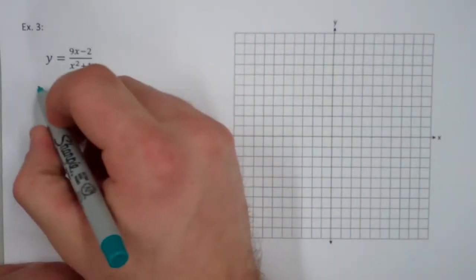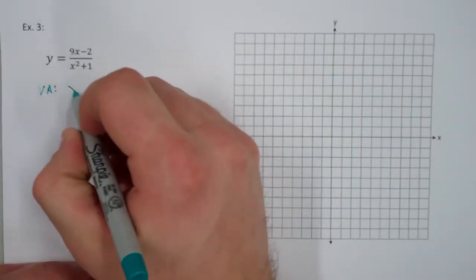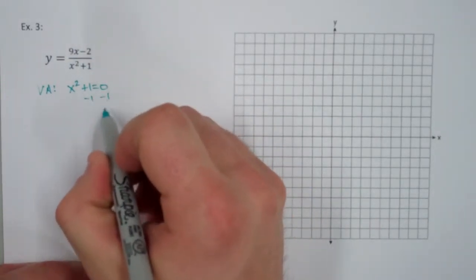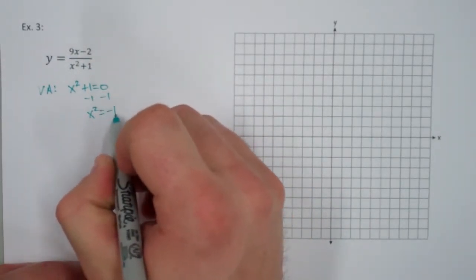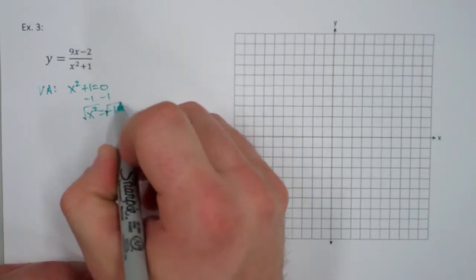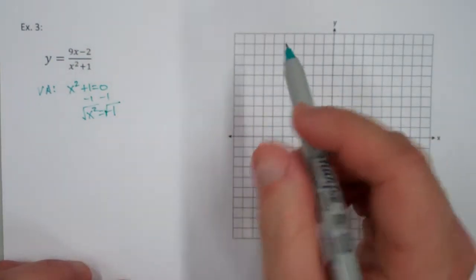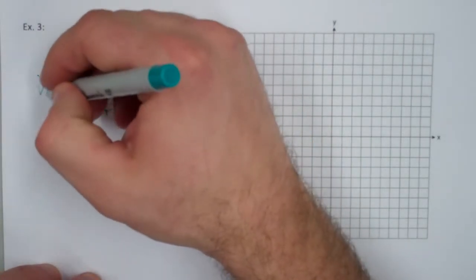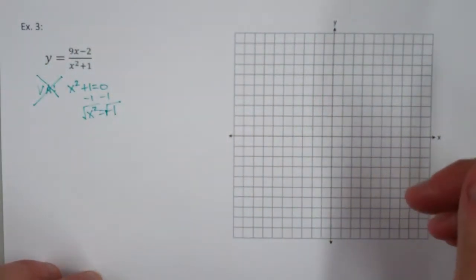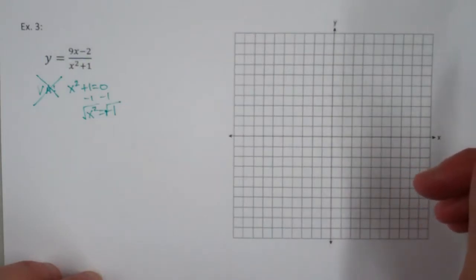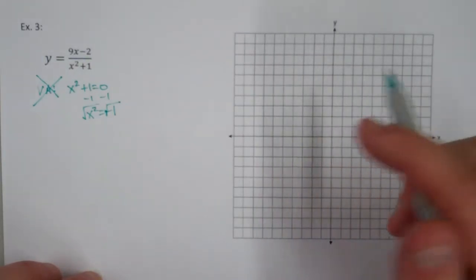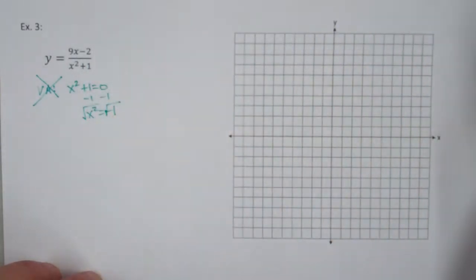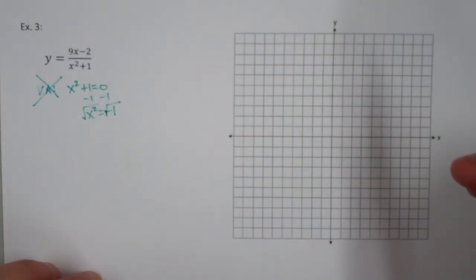denominator. So we know there's going to be a vertical asymptote when x squared plus 1 is equal to 0. So we'll subtract 1, x squared is equal to negative 1, we'll square root, and there is no real number you get out of this, so there actually is no vertical asymptote. Sometimes that will happen for these rational functions. Notice there is no real number that will make this denominator 0, therefore the graph will not have a vertical